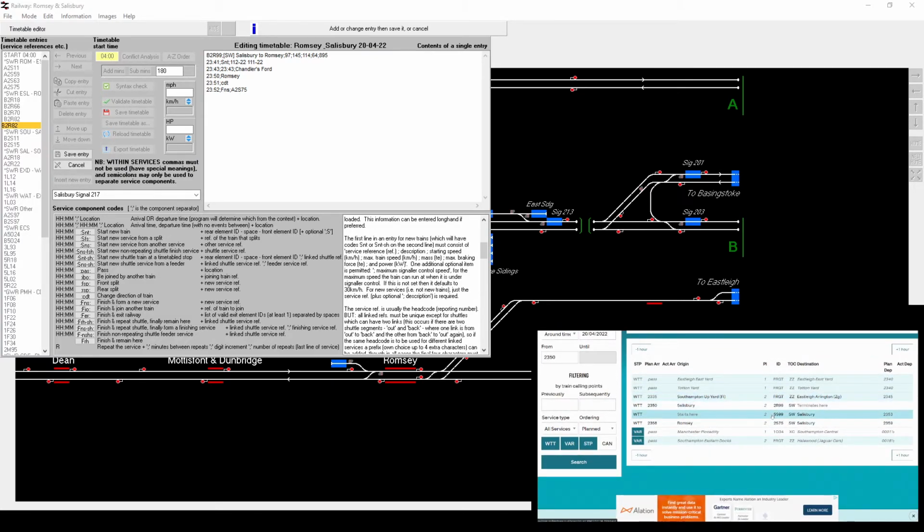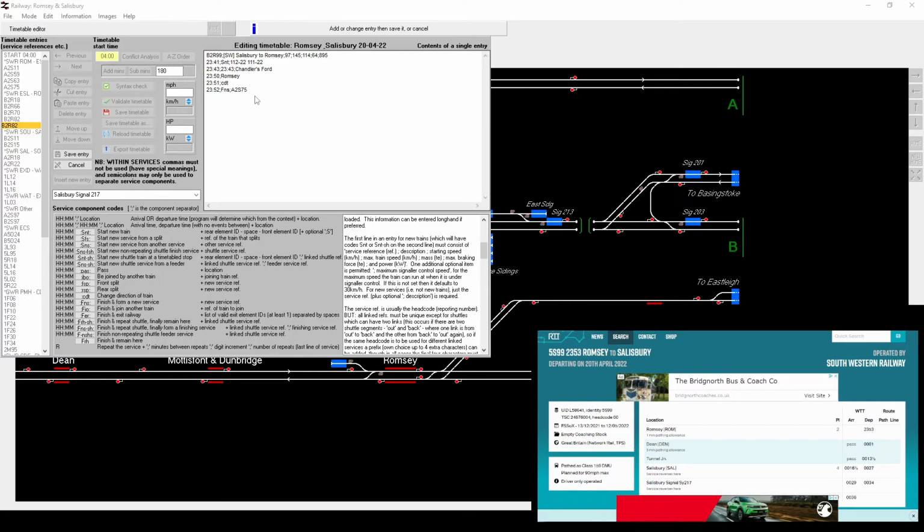Yeah, it becomes 5 Sierra 99 straight back to Salisbury. Don't need to turn around then. 2351, finishing service, 5 Sierra 99. 2351. Five Sierra 99, SW,